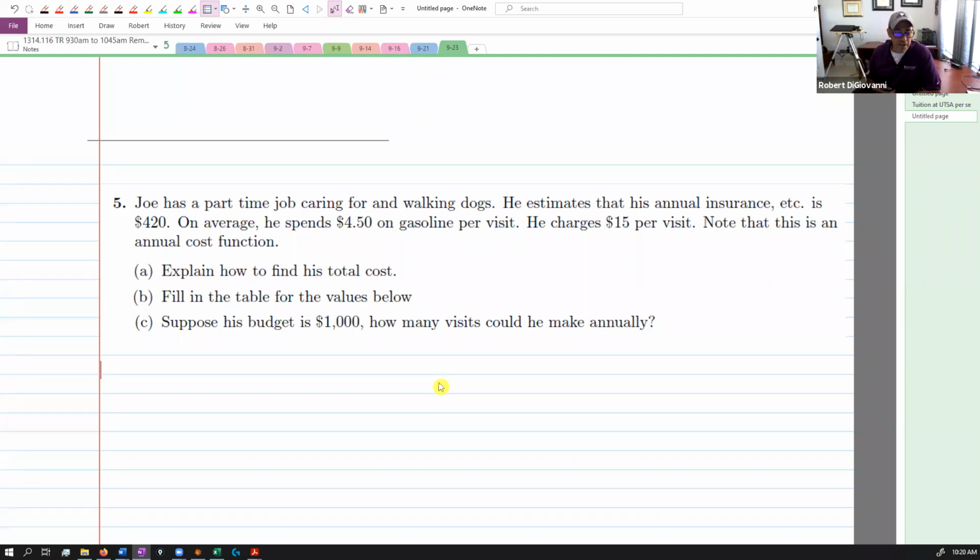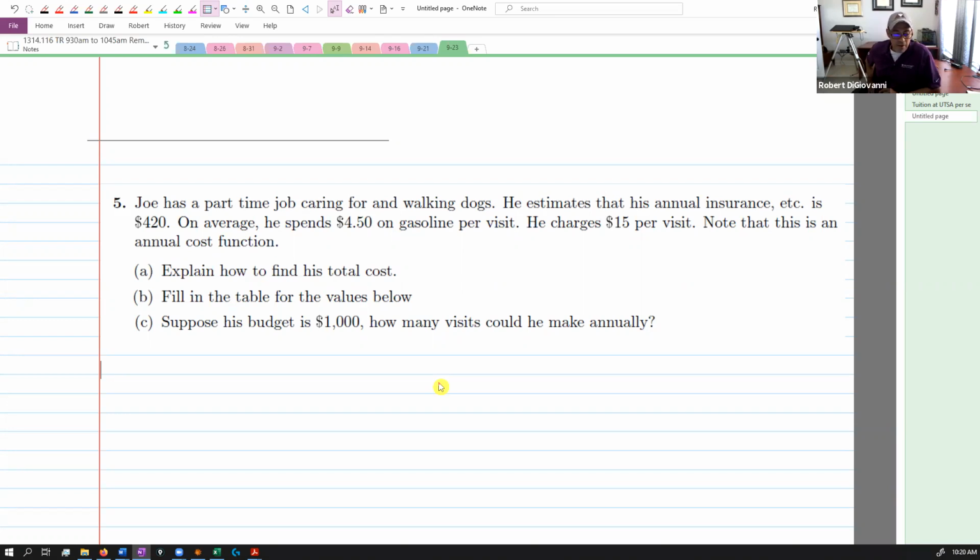On average, he spends $4.50 on gasoline every time he goes and does a job. He has to drive there, drive home. That costs him $4.50 in gas. He charges $15 per visit. So he's charging that for every job he does. That's pretty cheap, $15 to come take their dog. All right, so